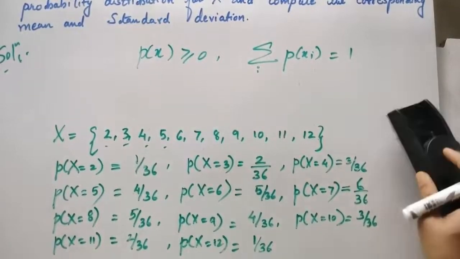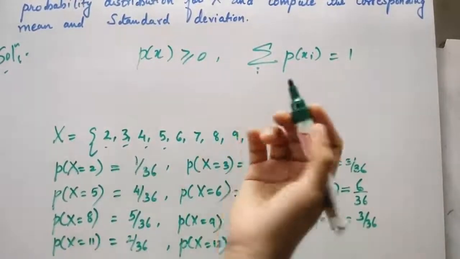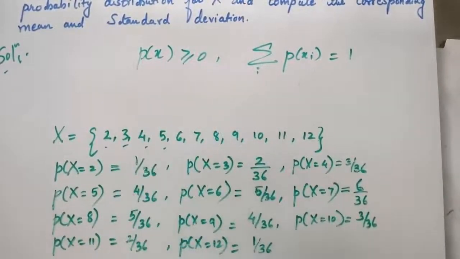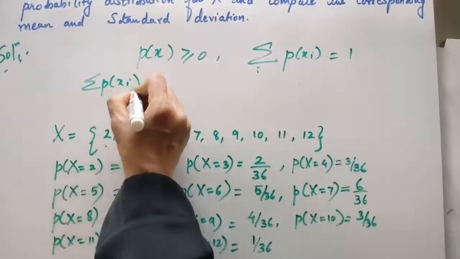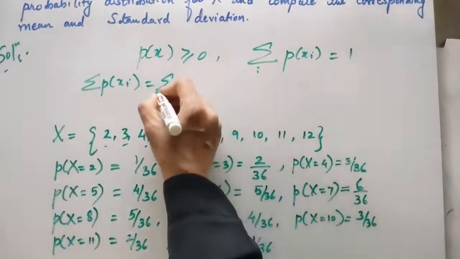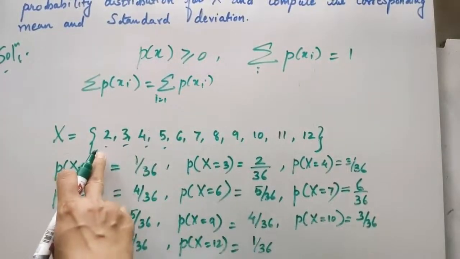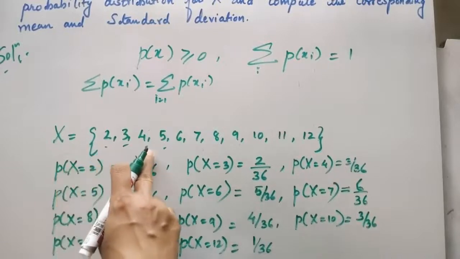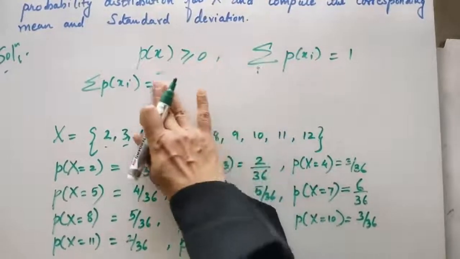Okay, let's continue here. I need all of this. One minute. Yeah. So the first condition, that is P of x greater than or equal to 0 for each of the numbers. You see that all of them are greater than 0. None of them is negative. So one condition is already satisfied. Second condition, what is the summation of P of x_i? We'll check. It is nothing but the summation of P of x_i for i going from 2 to 12, or you can just consider all the addition. So directly I'll consider the addition.